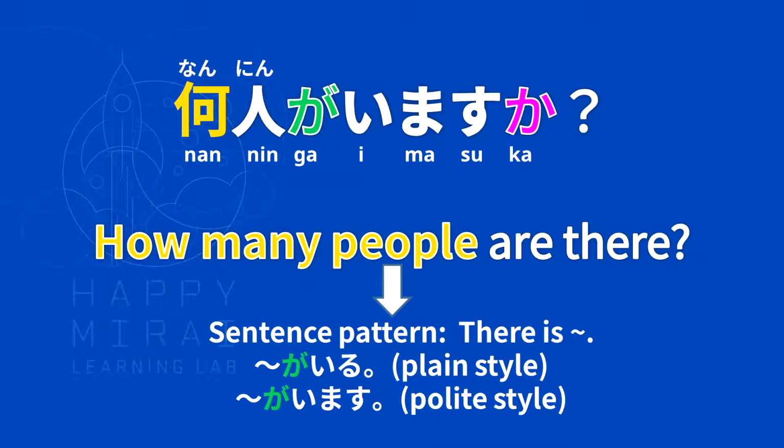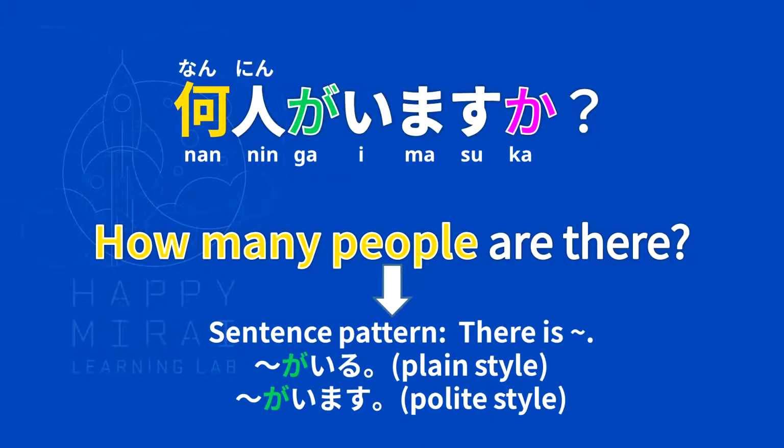何人がいますか? Our verb here is いる、います, the polite style. Remember the Japanese verb is always at the end of the sentence. It's different from English. 何人がいますか? How many people are there? いる、います。